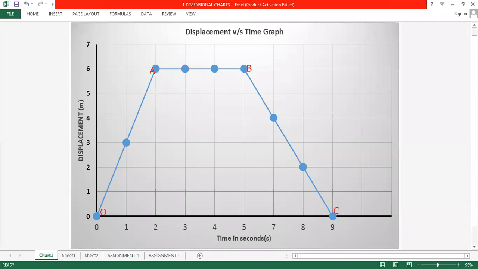Look at it and tell me, what does the line OA indicate? Now, all of you, you are not going to say it, you are going to type your answers. And I want all of you to do it very fast, and each and everyone has to do it. So tell me, what does the line OA indicate? It indicates a straight line, but which type of motion does it indicate? I want all of you to find out which type of motion the line OA indicates. Very good, Soham.